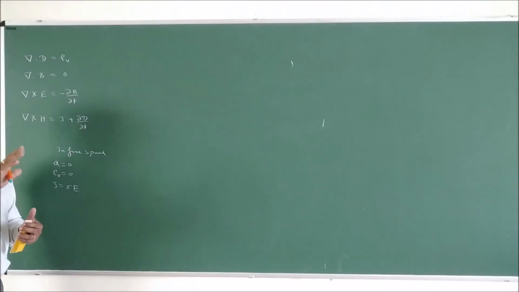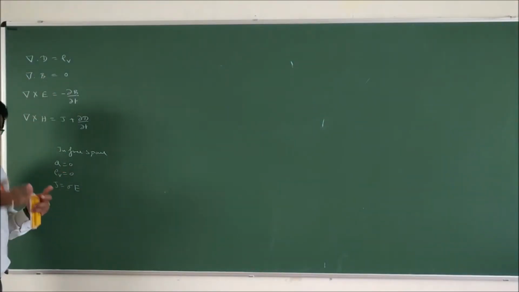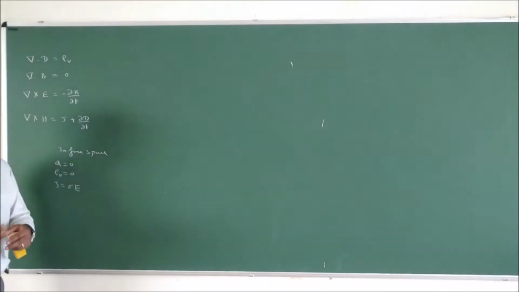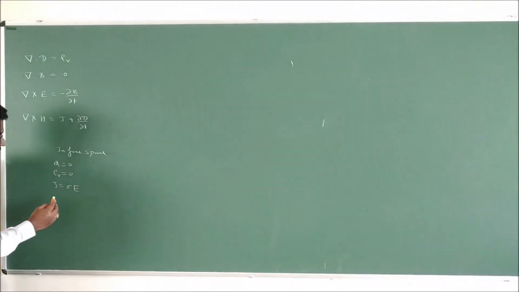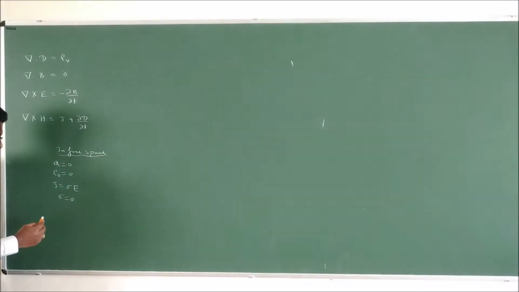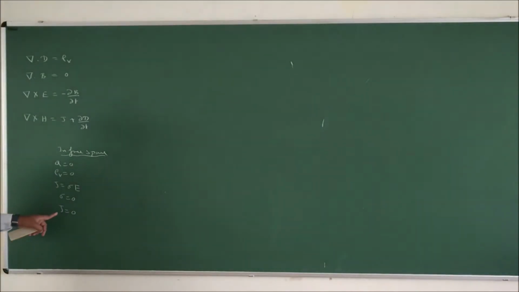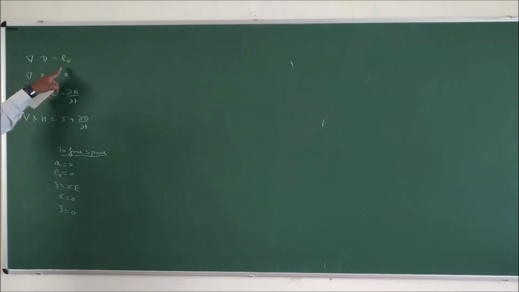In general, can I have a current in free space? No. Which means current cannot propagate in free space directly. Which means conductivity is also 0. If conductivity is not there, then how will a current flow? Put in reverse, if current is not flowing, then conductivity is 0. So in free space, this is the major issue: sigma equal to 0, therefore J is also 0. So from these definitions, I am going to put J equal to 0 here, and rho v equal to 0 here.